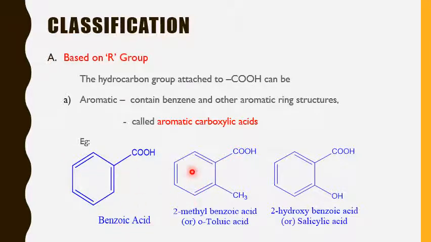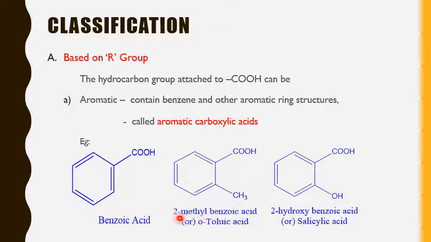You can see here, this without COOH is benzene with a substituent of CH3. We call it toluene, and when this toluene molecule has a direct bond from the ring carbon of toluene to the carboxylic acid carbon, then we can say it is a carboxylic acid of toluene. Therefore I can call it ortho-toluic acid, or since it is a numbered substitution, it is called differently; we will go for the nomenclature later.